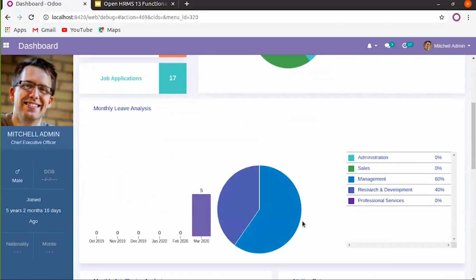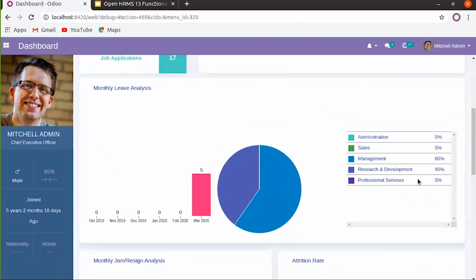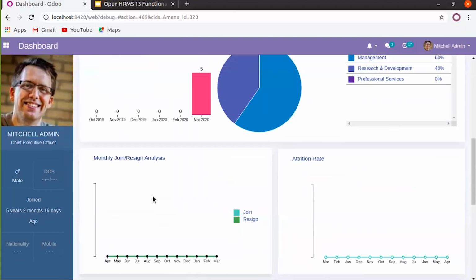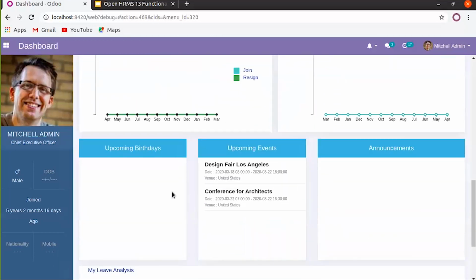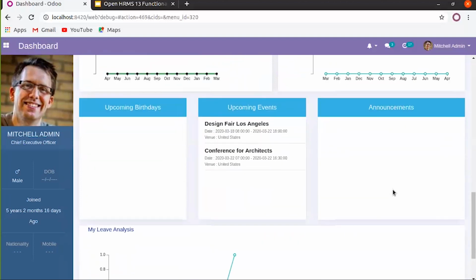So here you can find all the department leaves and what percentage is available for that particular month. Then monthly joining and resigning analysis, then attrition rates, then notifications like upcoming birthdays, upcoming events, then announcements, then